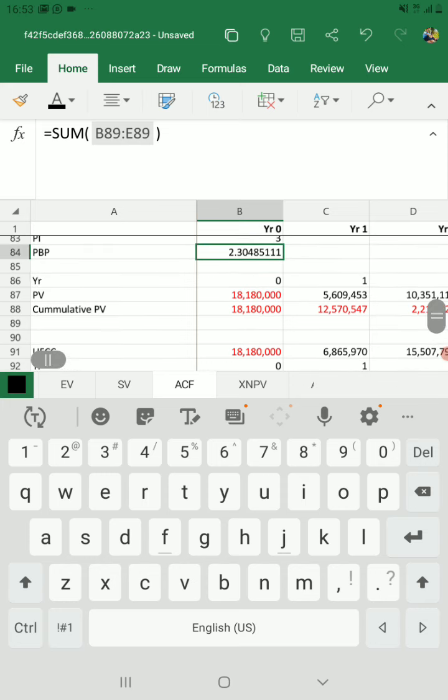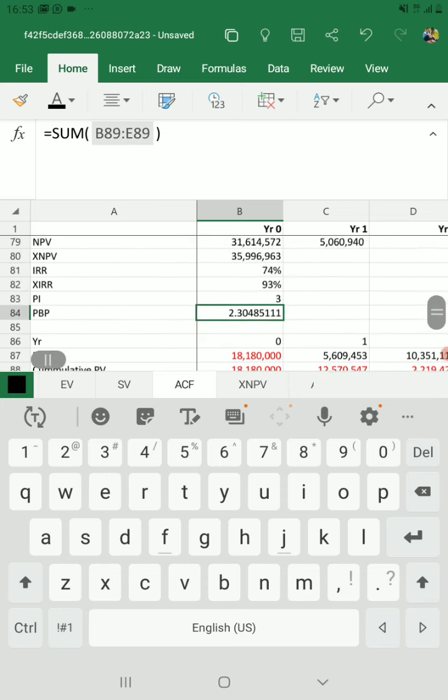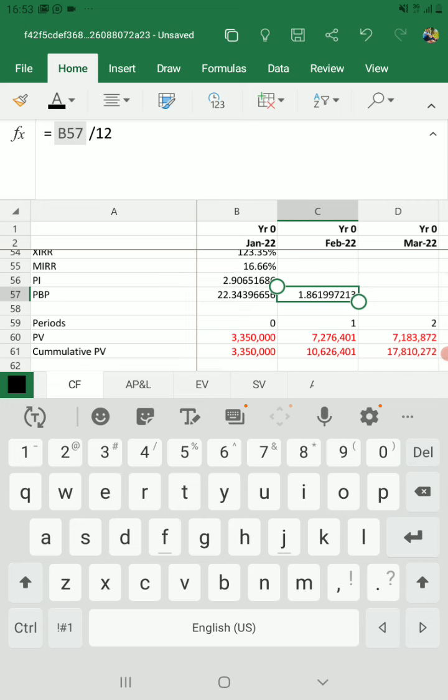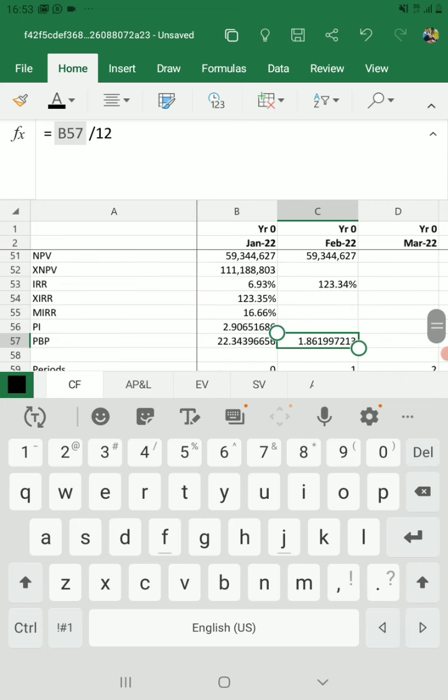And for more explanation about these variables, let us go back here to monthly. All these variables, profitability index, payback period, you will get this in the previous